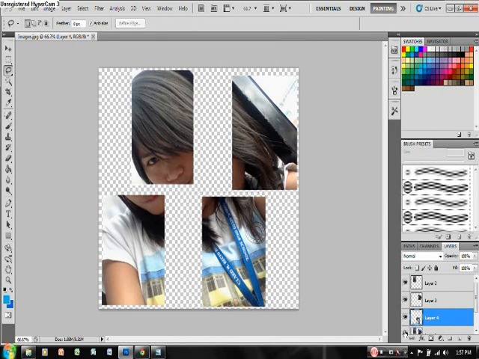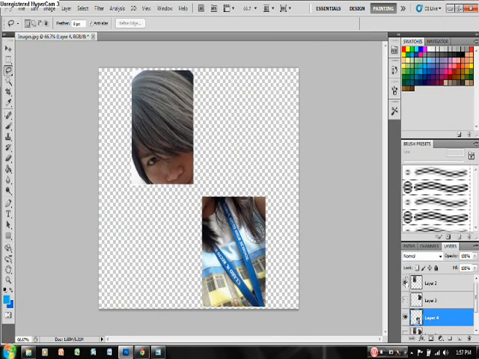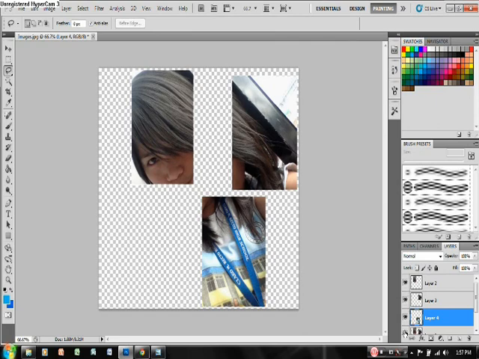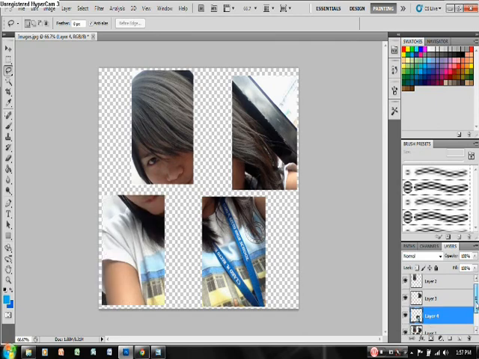See? Layer 4. Okay, let's move again. Select again the layer 1, and let us select again the last part. Okay, Ctrl J again. See?